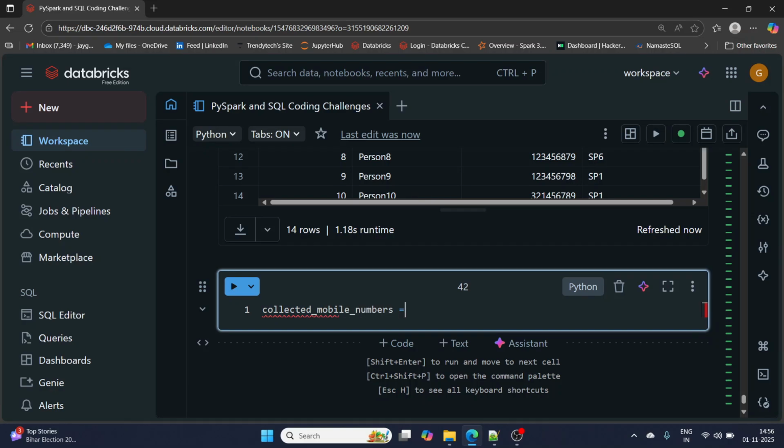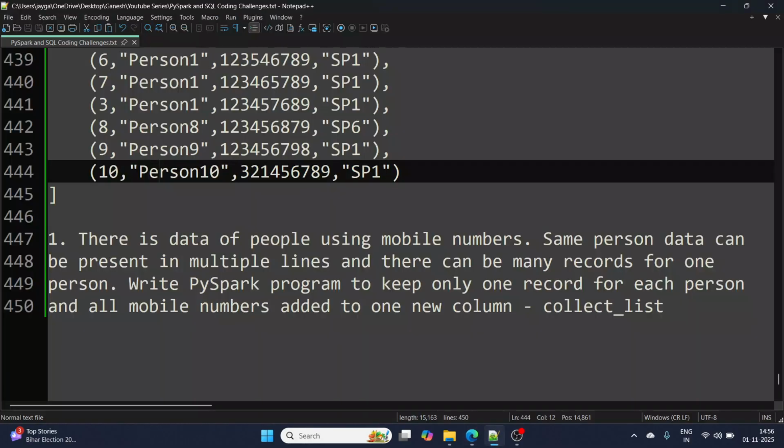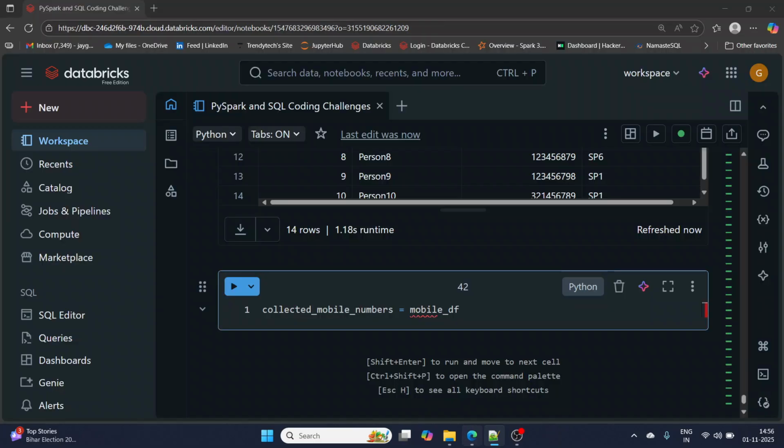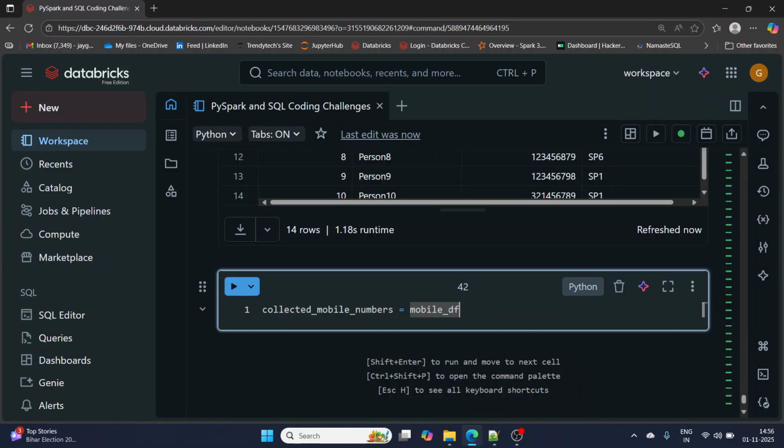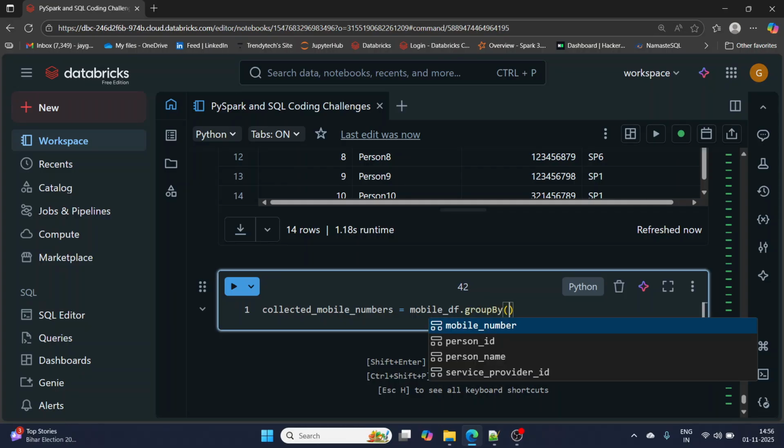I have to take the original data frame mobile df and group by, considering two columns. I want these two columns in the output, that's why I'm considering person ID and person name. mobile df dot group by. Group by using which column?